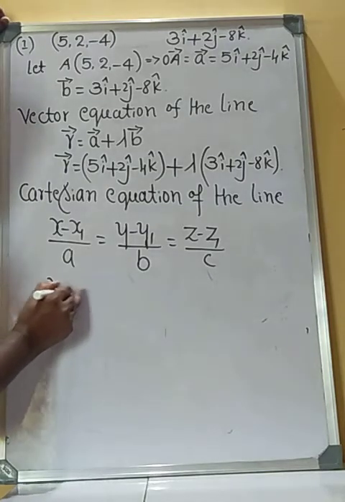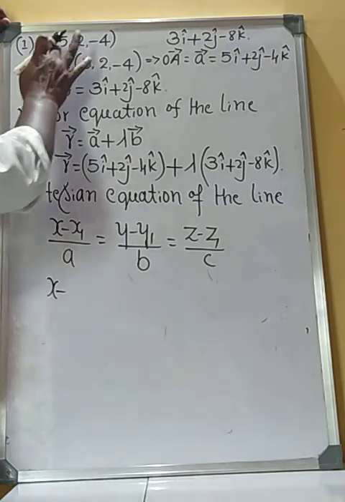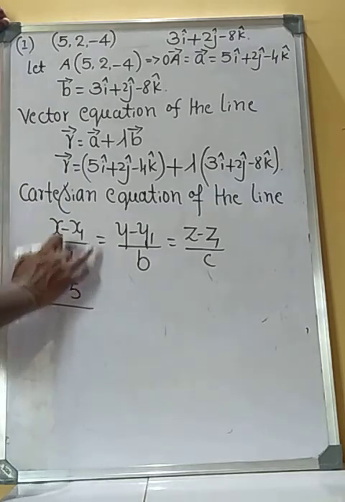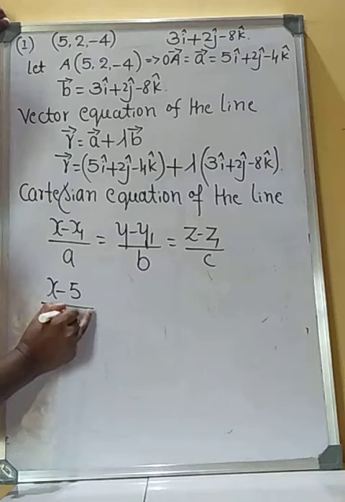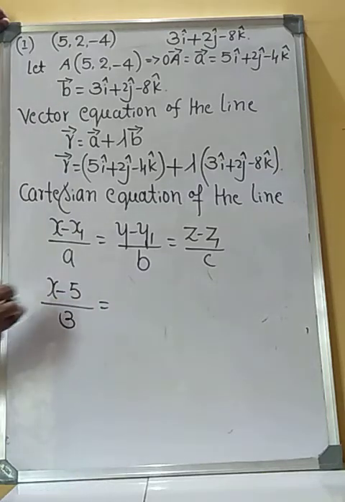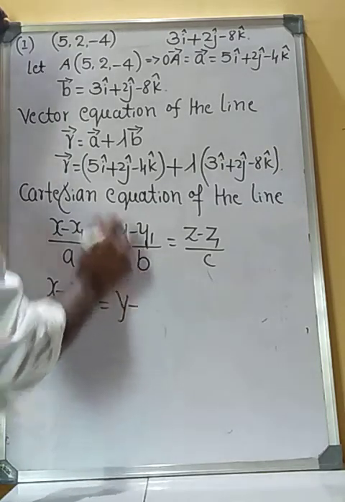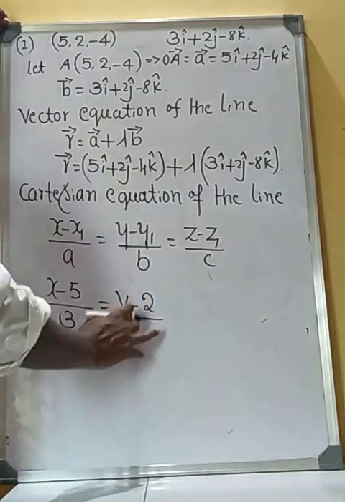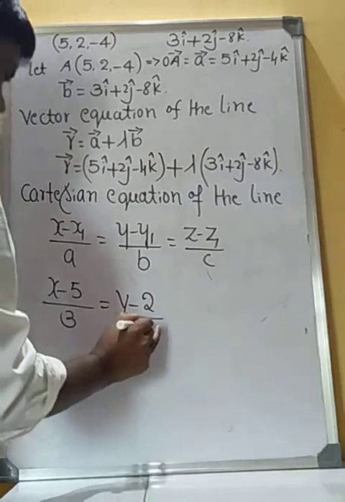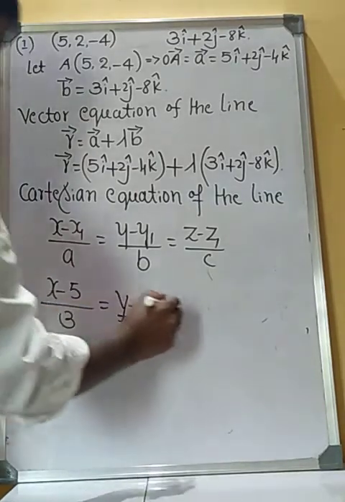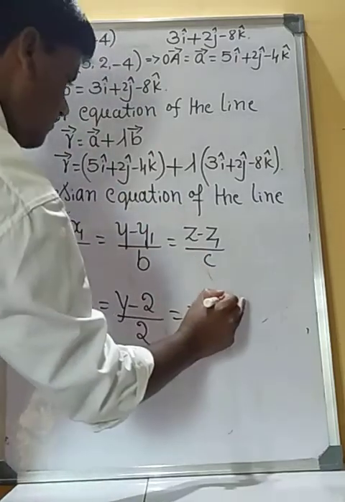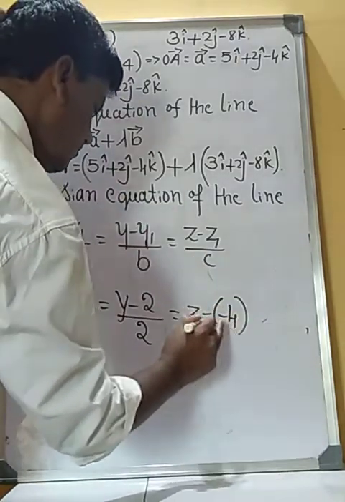Here x minus x1 is 5, dividing by a which is 3, equals y minus y1, that is y minus 2, dividing by b which is 2, equals z minus z1 which is z plus 4,